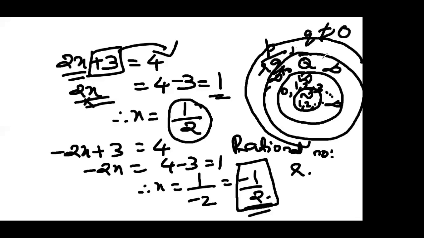If q value is 0, what will happen? It will become indefinite, or we cannot define it, or it will be an invalid number. So p and q can be integer numbers. Integer numbers means they can take negative as well as positive numbers, except the value of 0 you cannot take for q. That is the only difference. So what we have studied is the difference between fraction and rational number.